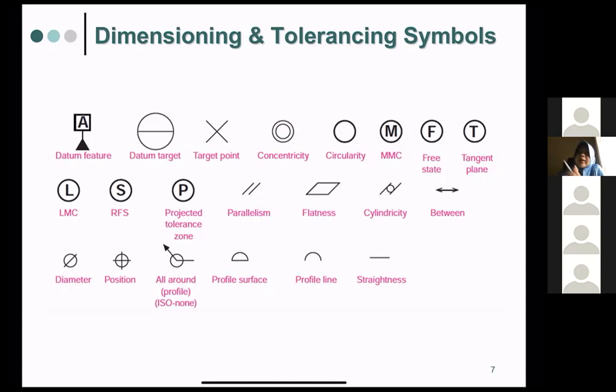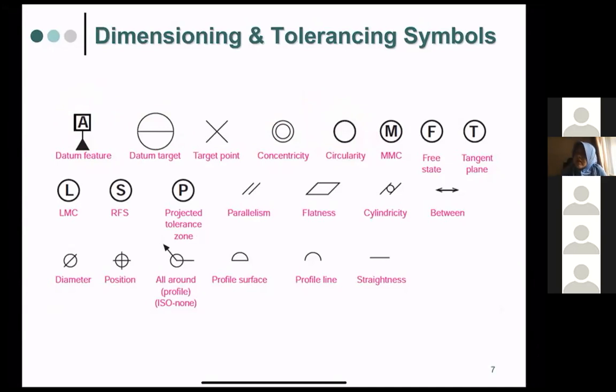So for example, this is the symbol for datum feature. We're going to discuss these one by one. This is the datum feature, which is for referencing. This is the datum target. This is the target point. This is concentricity, if there are two pieces or two shafts that are in one concentricity. This is circularity,